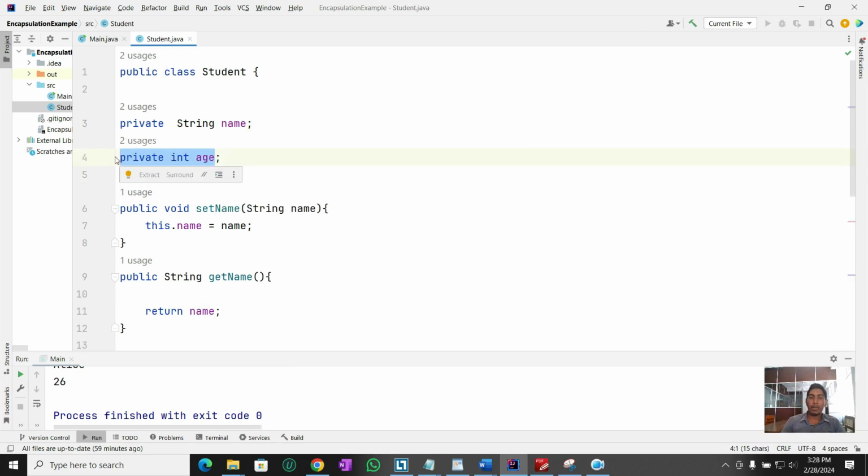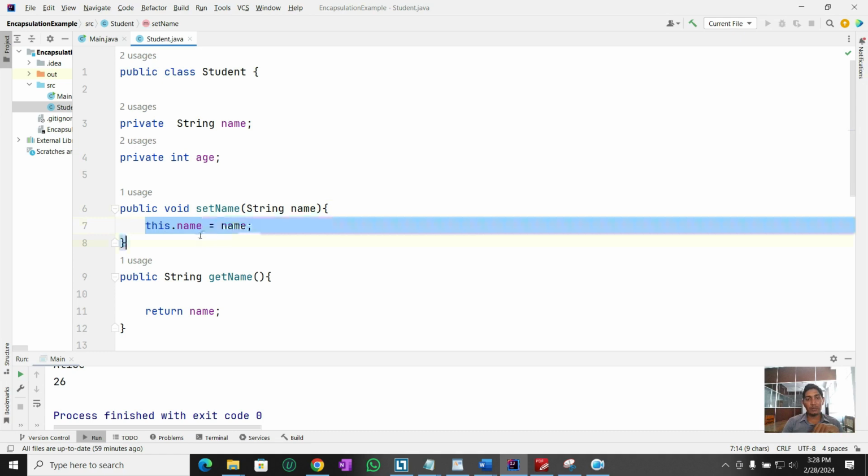Now what I need to do is assign the values to these two private fields with the help of public methods, and also access those values with the help of public methods. So here I have used the setName public method to set a value to this name variable, which is private within the class,